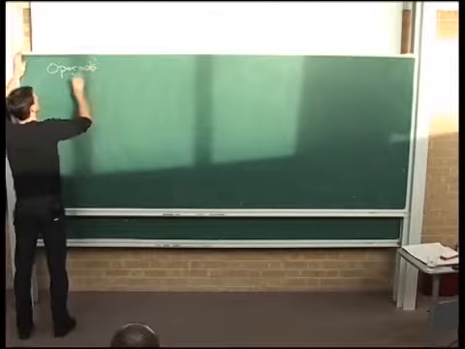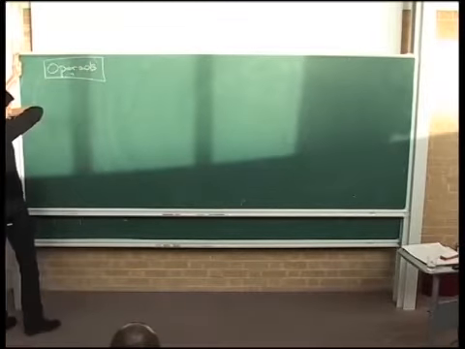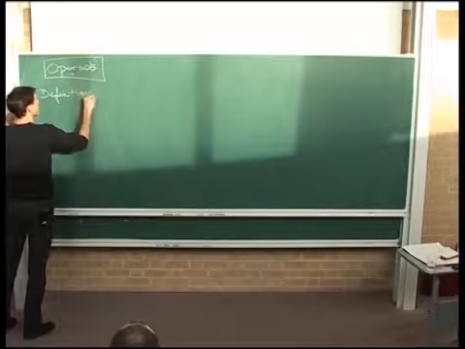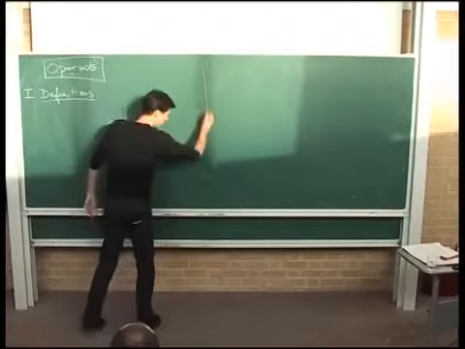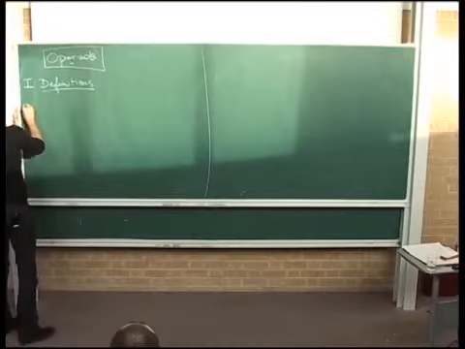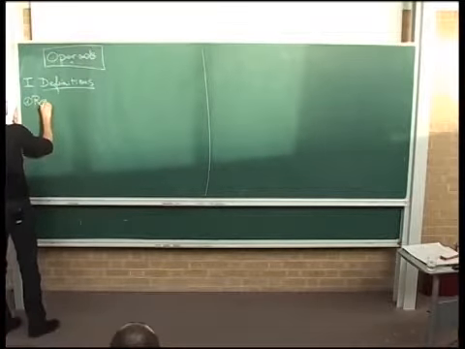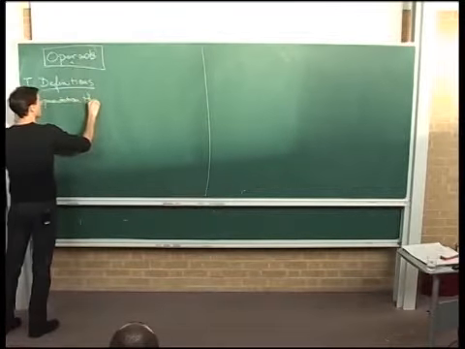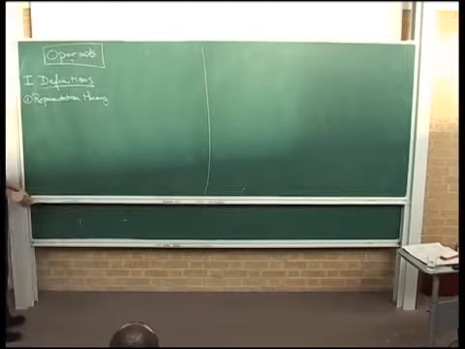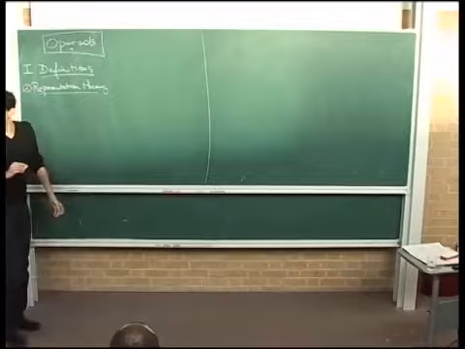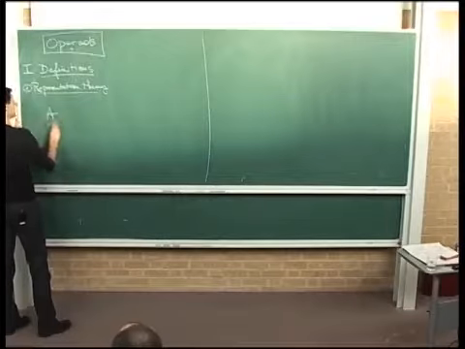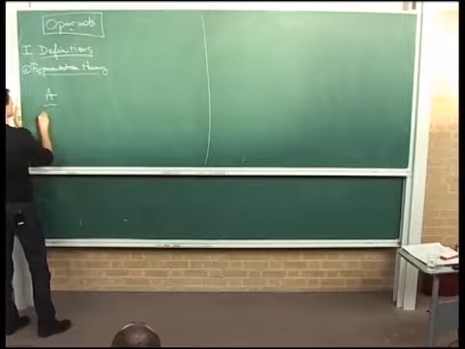So the idea of the talk is, of course, to say what an operad is. And let me begin with definitions. It all begins with representation theory. So let me recall what kind of ideas we have here. What is a representation? Here I take an associative algebra A. So I want to consider an associative algebra.